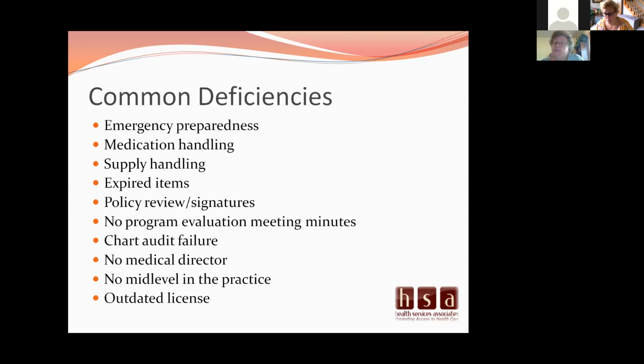Jill, a question? I think Tressa is answering it. The question was, my clinic's attached to the hospital as an RHC. I should have an emergency preparedness plan for my clinic and not rely solely on the hospital. Tressa's going to address that, but that is correct.